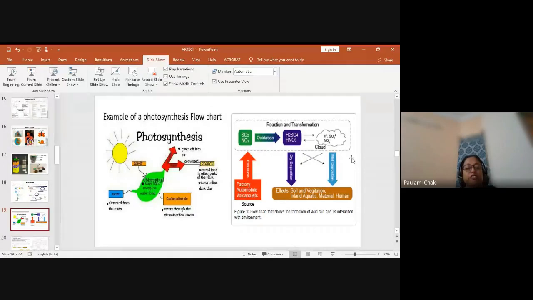And so this is for photosynthesis. And then the other one which I have taken is acid rain. So acid rain, again in pollution chapter in grade 8 we have, where we teach them case study of Taj Mahal, which is very important one. And there you can introduce this flowchart. They can draw it on their own and bring it to you.